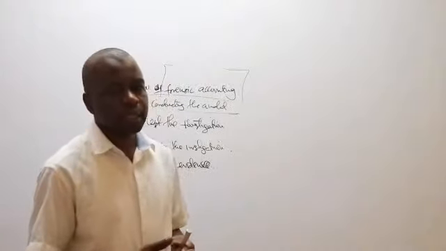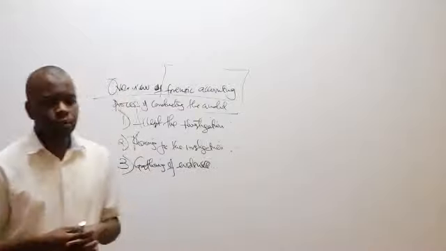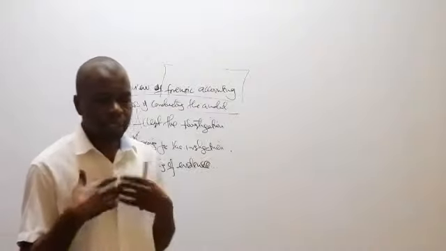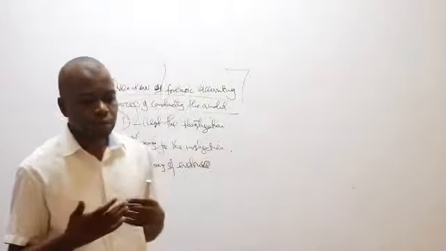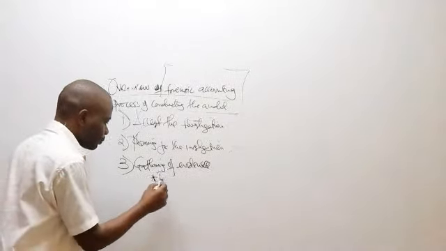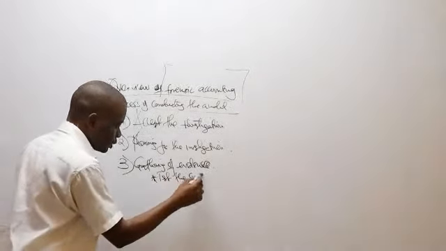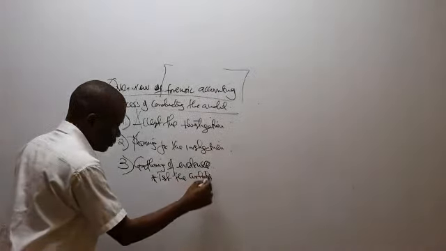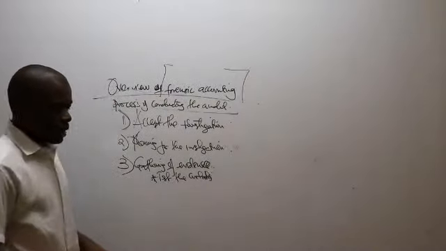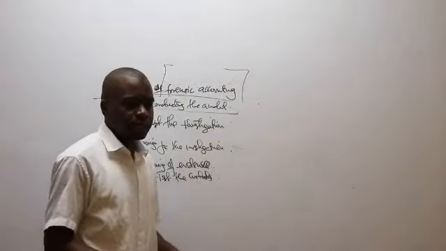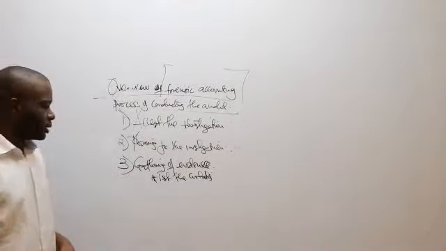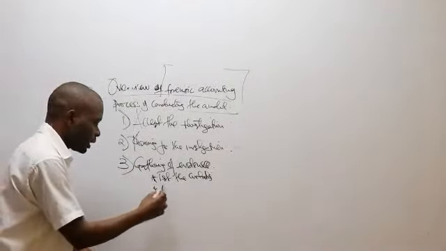For example, the forensic accountant can test the controls to gather evidence which identifies the weaknesses that allowed the fraud to be perpetrated. So he will gather the evidence by testing the controls, to see where the loopholes were that led to the fraud being committed. You can also gather evidence by using analytical procedures,